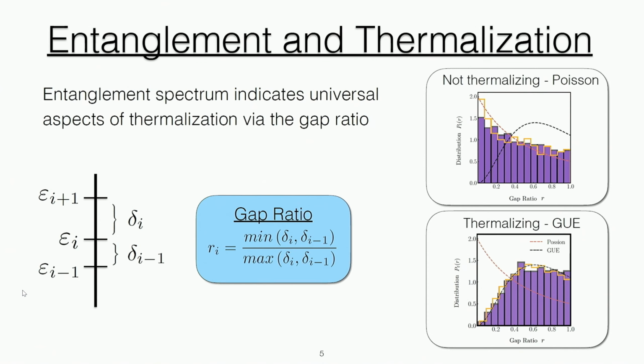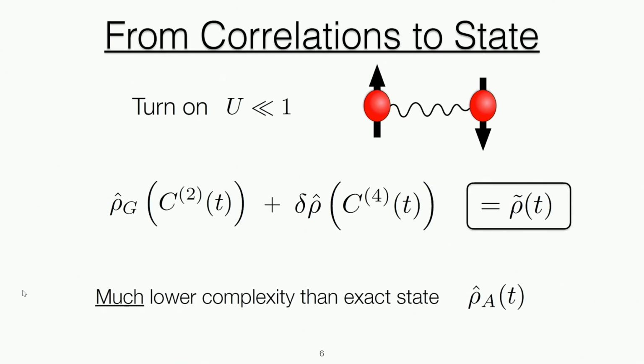And so now that we have these non-Gaussian correlations, we want to figure out how we can incorporate these into the state, and essentially find an approximation of our state that depends on our two-point functions and our non-Gaussian correlations. Since U is small, higher order non-Gaussian correlations will be suppressed in powers of U. And so for the purpose of this talk, we'll consider the leading order non-Gaussianity to be contained in the four-point function.